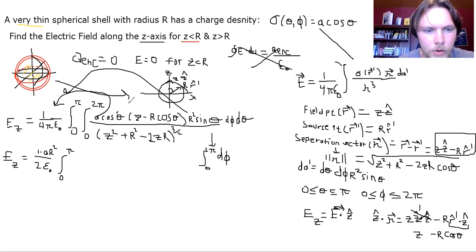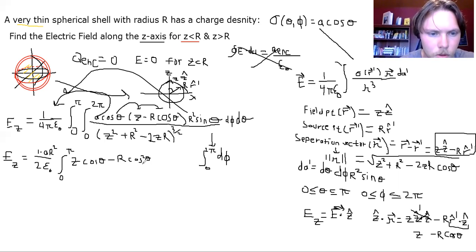We multiply that cosine in, and we get z cosine theta minus r cosine squared theta, in parentheses, sine theta d theta,